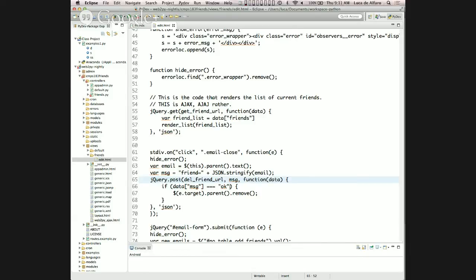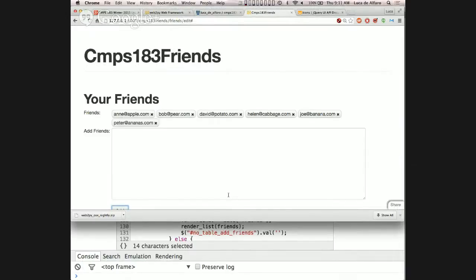If the message is okay, so if the delete succeeded, I get the event target's parent. I think here I could have written this simply, like this dot parent. It's the same thing. I don't know why I wrote it one way in one place and the other way in the other. But I take the parent, which is the span that contains the email and also the button, and I say remove, and this will remove it from the DOM tree. So if I do this,